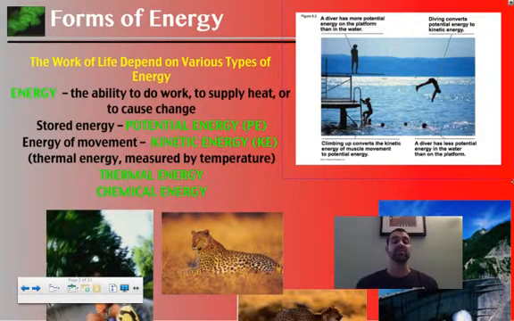You know, we think of work as in physical labor or as in studying, but that all boils down to the cellular level, that our cells require energy to do these processes, to be able to grow, to be able to repair, and to be able to reproduce. And in order for us to do all of that on a cellular level, and then of course on a tissue, organ, and then organ system, organism level, that energy is all doing the same thing. The ability to do work, to supply heat, or to cause change.